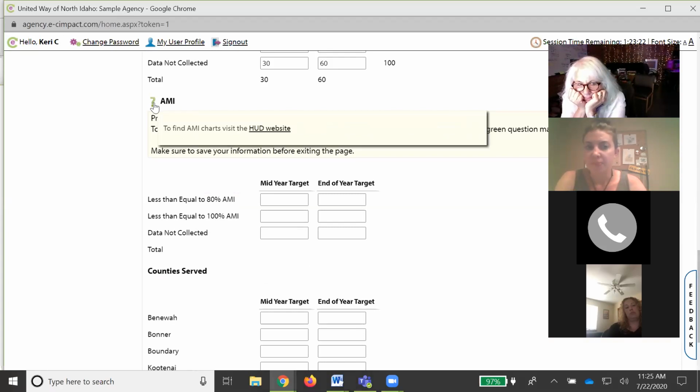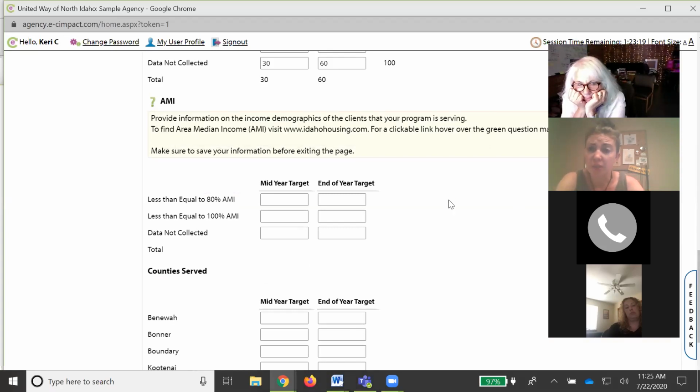So the area median income, this again is another metric that is really important to the investments that we're entrusted with, as well as knowing that there are limited resources and we want to target those resources to the groups that are most likely to lack those resources. So we have a very strong focus at United Way on the Alice population. That can be found on our website as well, and it's a great data source for slicing and dicing what is going on in our community in terms of financial stability and financial instability. So I encourage you, and I believe Hannah a little bit later is going to talk about some data sources, but